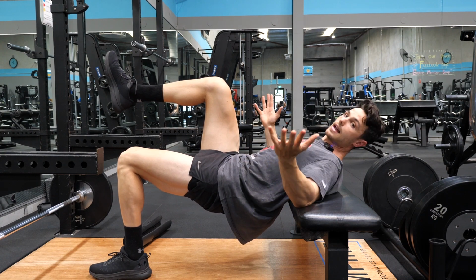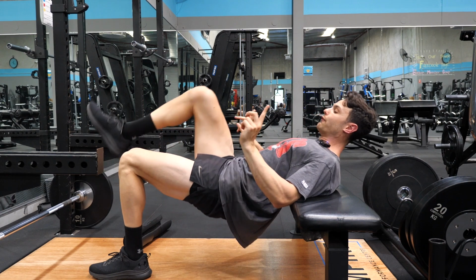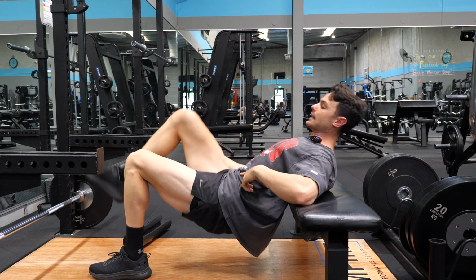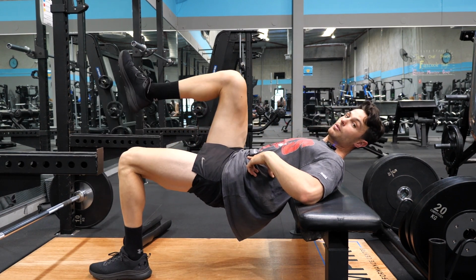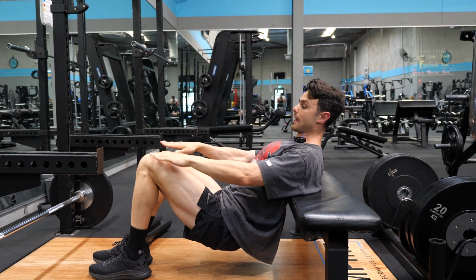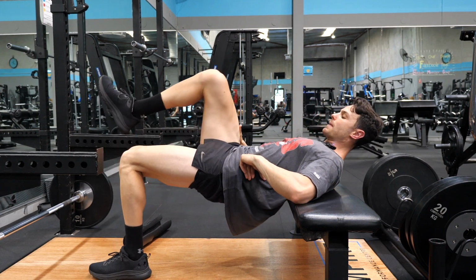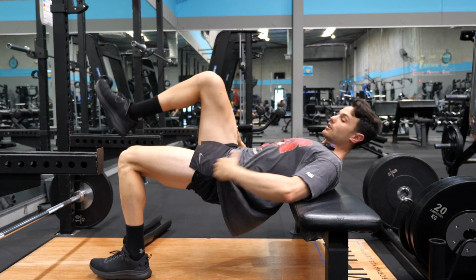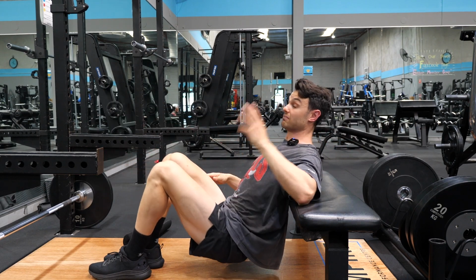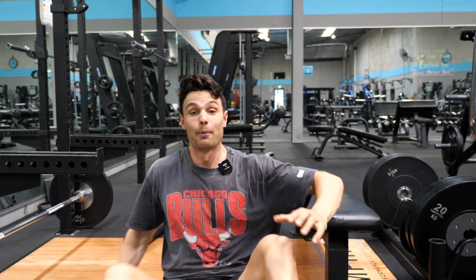Watch my hips, the exact same as a regular hip thrust. We're gonna be bringing them down, and see your heel there, forcing up, whilst maintaining the 90 degrees with this leg the whole time. See how when I go down, it pretty much sits in the same position as this leg here, but I'm just driving through my heel as I bring it on back up. Same thing, holding it for a little half a second at the top of the rep before I start to drop it down. So that's another little variation for you to give a go,